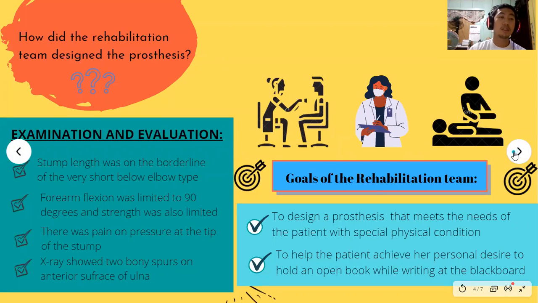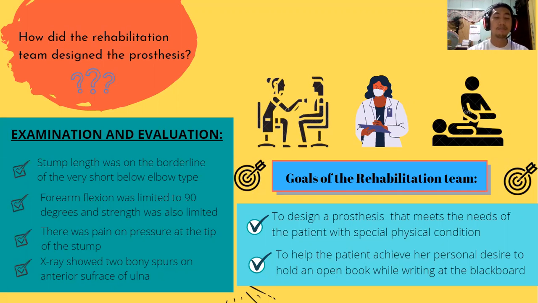So how did the rehabilitation team decide the prosthesis? First, the patient will undergo examination and evaluation to note specific problems that will be addressed by the prescribed prosthetic design. The result of the examination and evaluation includes: stump length was on the borderline of the very short below elbow type, forearm flexion was limited to 90 degrees, and strength was also limited. There was pain and pressure at the tip of the stump, and X-ray showed 2 bony spurs on the anterior